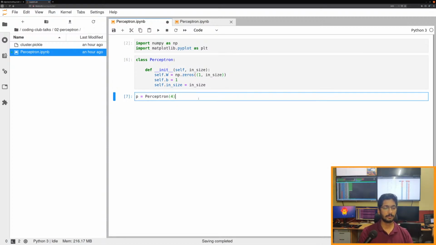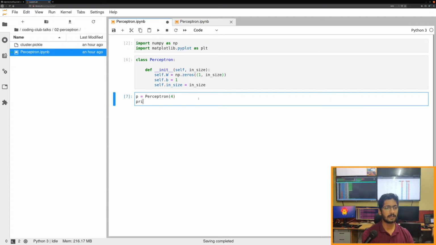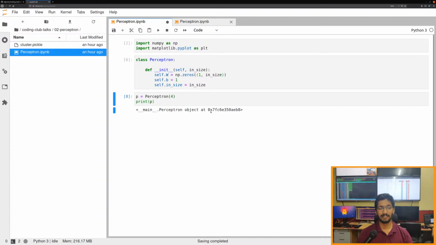Okay. Now this perceptron has been created, and I can also print it. But this is not very interesting. I mean, it is interesting in a certain sense, but it's not useful. It just gives you the address of the memory where this perceptron has been saved. So I'm just going to ignore it for now, and you'll have to trust me that this perceptron as